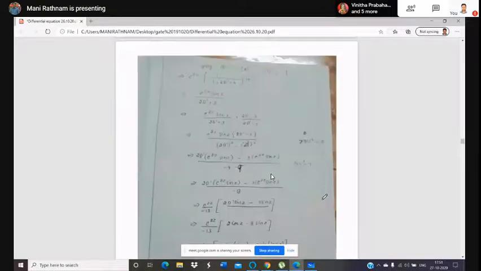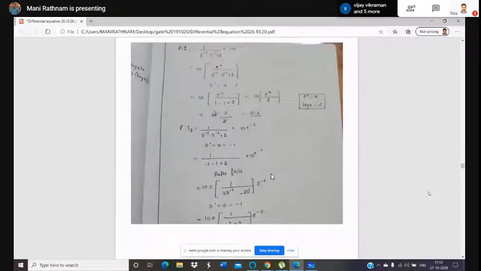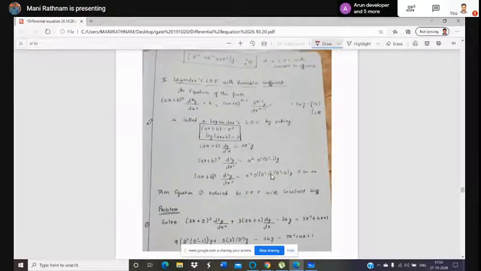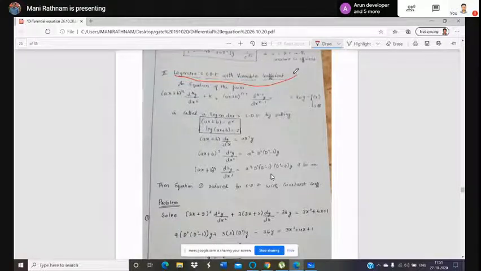Now one more concept. Legendre differential equations with variable coefficient. The previous topic is Cauchy differential equation. Now it's a Legendre. Apart from that d power n y by dx power n, if it is simply variable x, it is a Cauchy Euler's Cauchy type. If it is in the standard format, any polynomial factor ax plus b, that is ax plus b power n or ax plus b power n minus 1 plus etc., it is a Legendre linear differential equation.